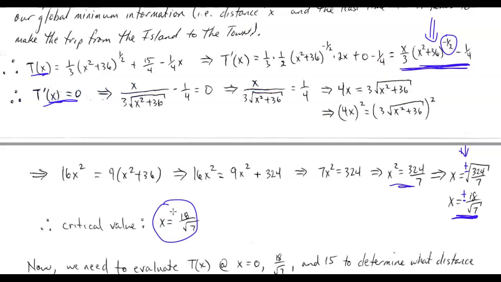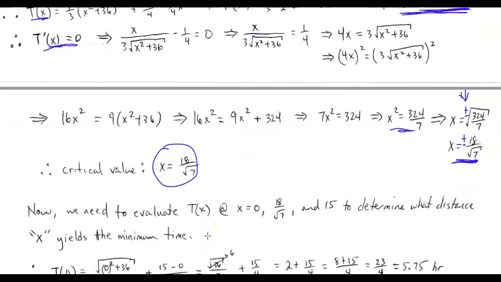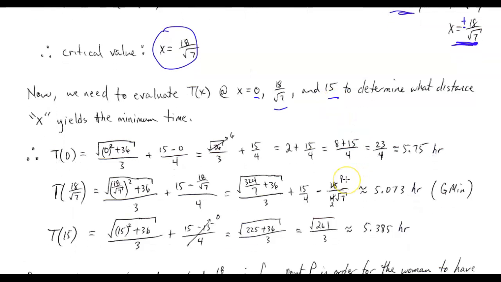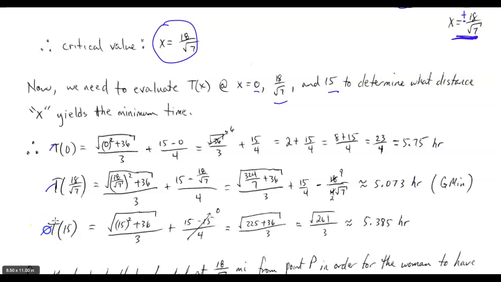Okay. And again, for those of you that need to know what that is in decimal form, that's going to be about 6.8. Okay. So now, according to the closed interval method, what we need to do is figure out what is T of 0, T of 18 divided by square root of 7, and T of 15, to figure out which result will give us the smallest time. Okay. And so we see here by plugging in 0, 18 divided by square root of 7, and 15 into all those, we see that the 18 divided by square root of 7 time, the 6.8,